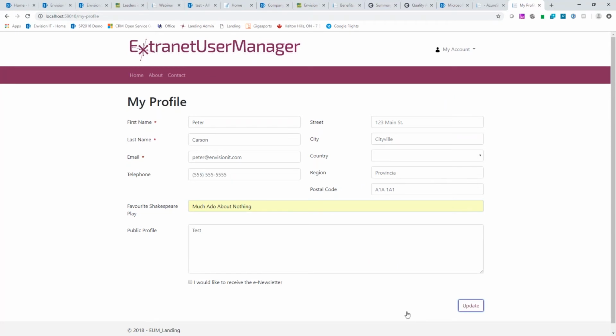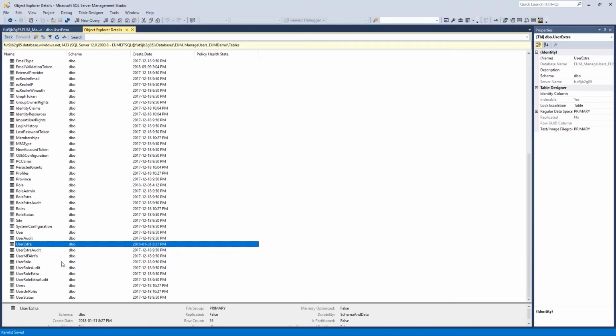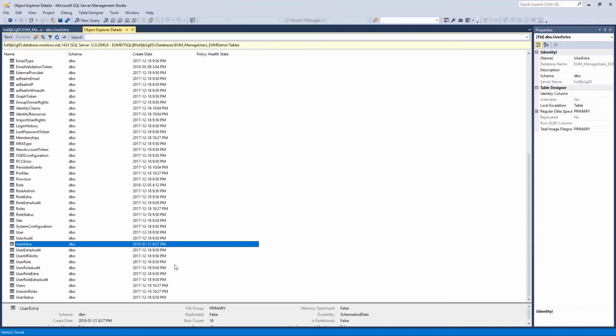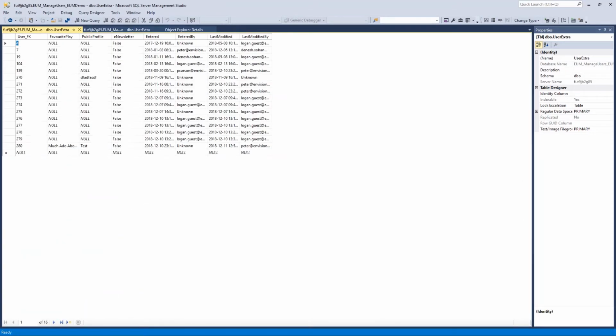I've committed that record back. Let me go back into SQL here, and I can actually look at that table. So let me just edit the top 200 rows. And you can see there's my record for me logged in as peter@envision.com, and that favorite play field has now